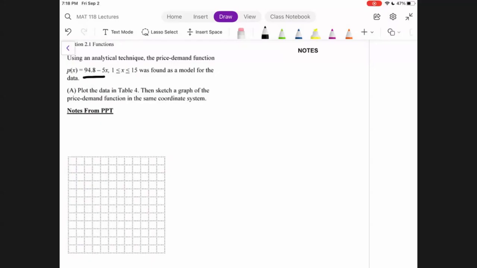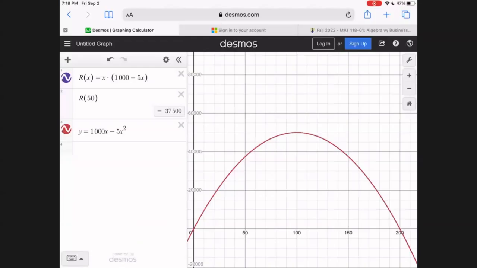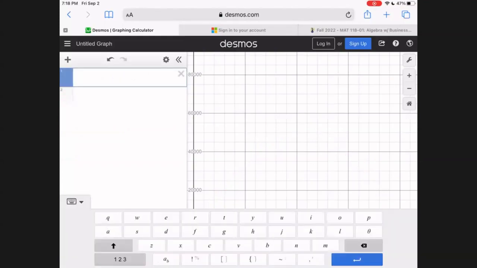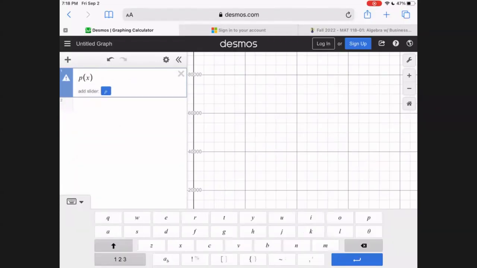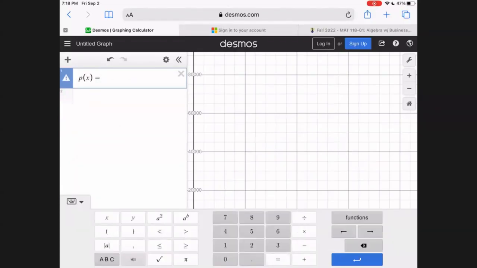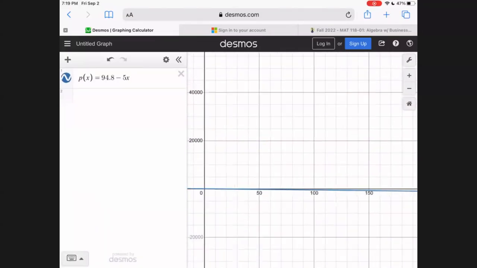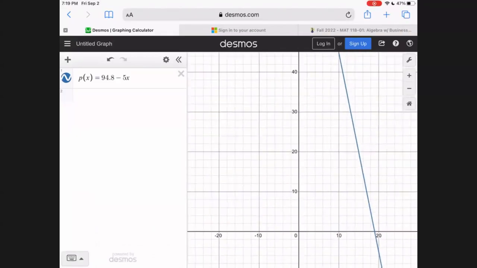So we have p of X is 94.8 minus 5X. Okay. So tiny p of X equals 94.8 minus 5X. So you minus, see, where's my thing? So it's down here. So I'm going to hit the home icon here. And it might be hard to look at your graph, but if we zoom out a bit, we can already see,